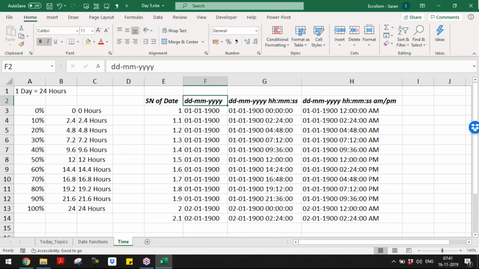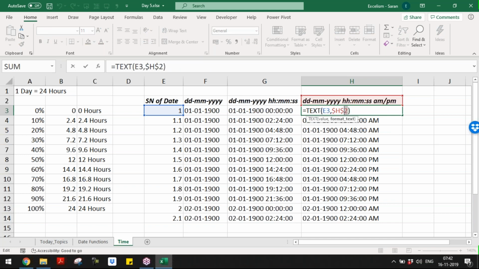Till here, I'm sure you remembered because yesterday I covered it elaborately. Here, HH colon MM colon SS is basically for the time. If you put a space AM/PM, that is 12 hours format. Friends, this entirely I kept as the second argument of the TEXT function. If you want to write this manually, you must cover the entire thing in double quotation marks.